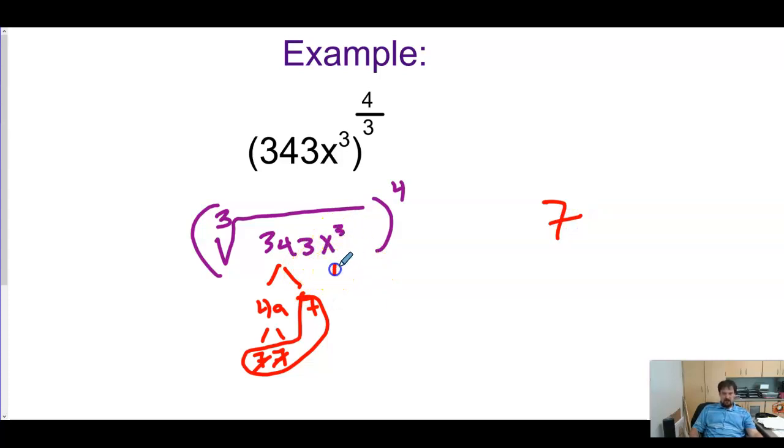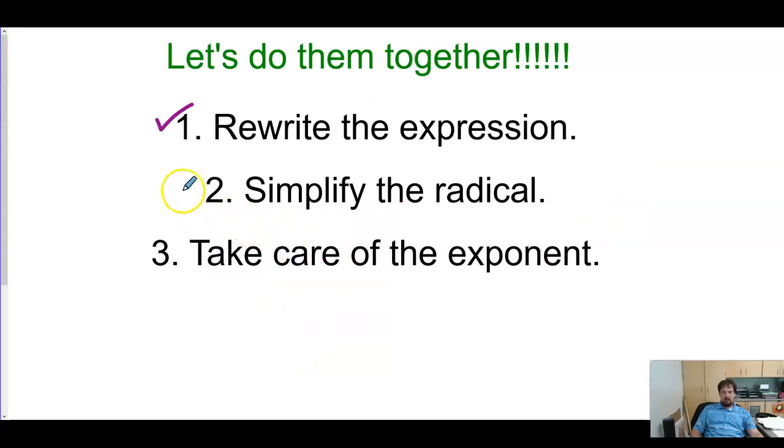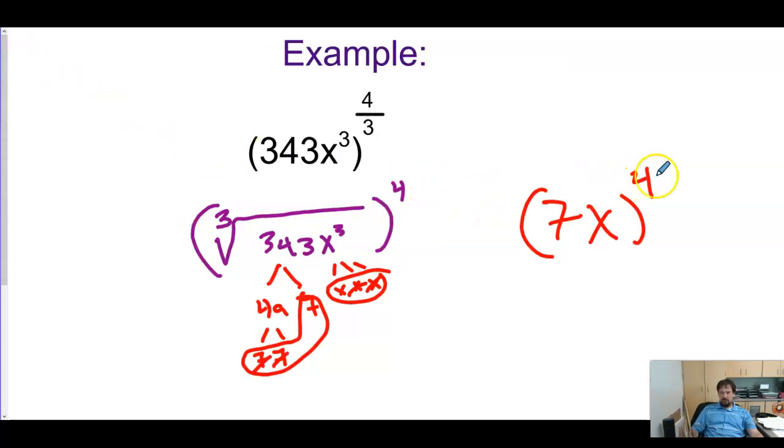Okay, here I have an x cubed, which means I have x times x times x. I have a group of 3. Those 2 don't make it, and that x escapes. Okay, do I have anything left over? Doesn't look like it, so my root now disappears. And then, that 7x is me simplifying the radical. Now I need to take care of the exponent. So the exponent comes with it. 7 to the 4th power. Well, that gives us